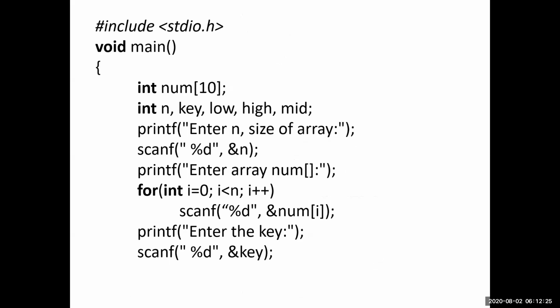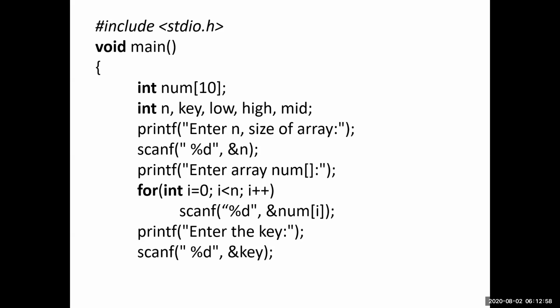So the very first statement is a header file, stdio.h. It's a mandatory header file that we are using, and our execution starts from the main function. Initially we are defining the array of size 10 of integer data type, and we have defined 5 integer variables. Next we are using the print statement to ask the user to enter the array size, and we are reading the size through the scanf function,